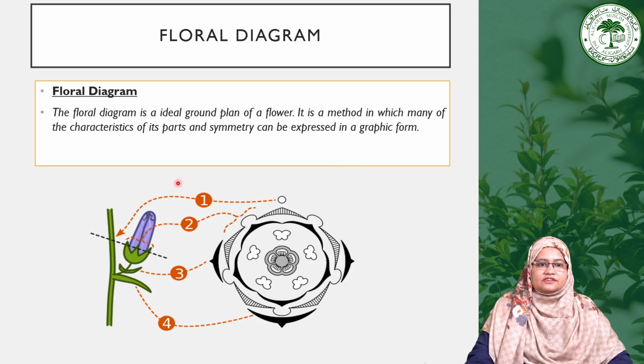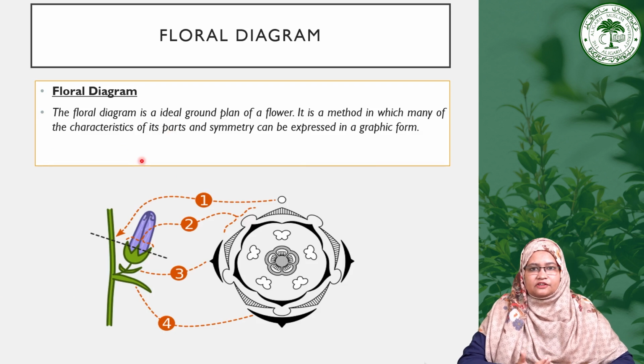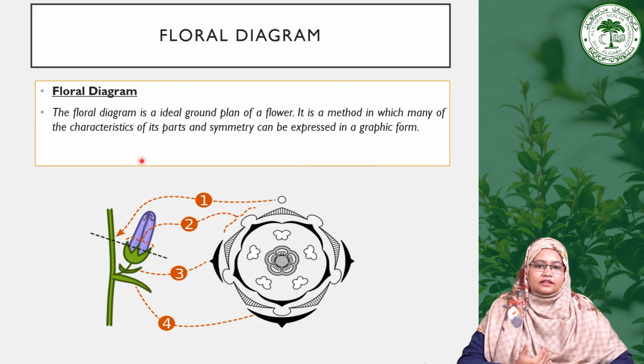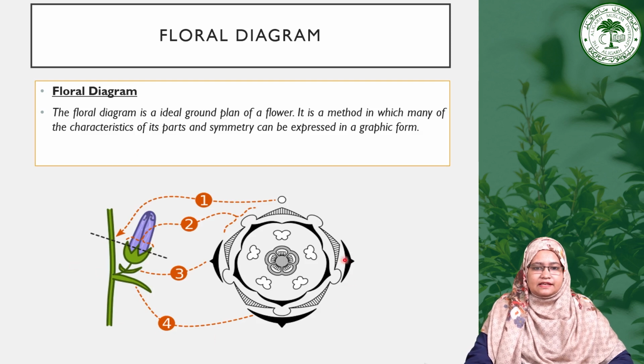Then last is the floral diagram. A floral diagram is a depiction of all the floral parts, as we have discussed earlier. As we have seen, the calyx and corolla have a certain estivation. Then the androecium has a certain arrangement in whorls, and the gynoecium has some type of presentation. So each floral part we have to arrange in this floral diagram. The outer one represents the calyx, then the inner layer is the corolla,